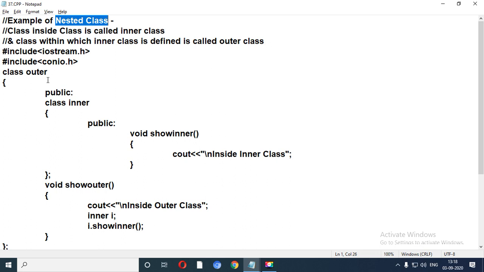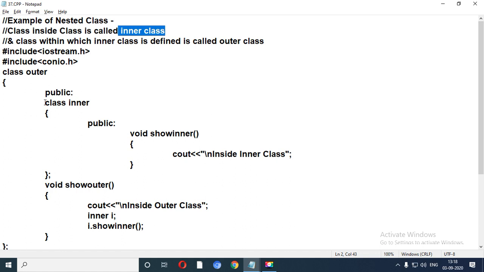A class within which another class is defined is called the outer class, and the class inside another class is called the inner class.